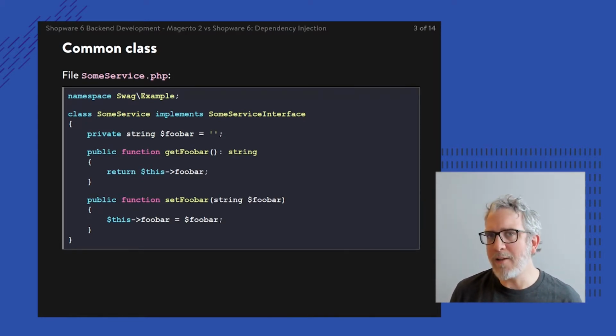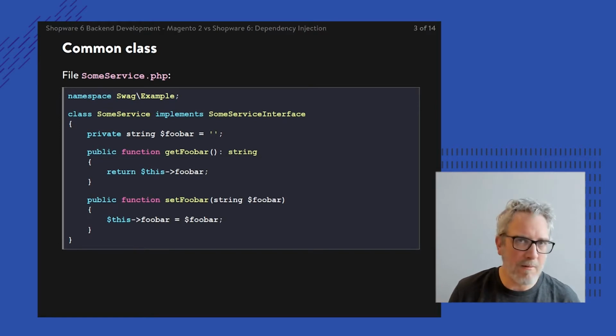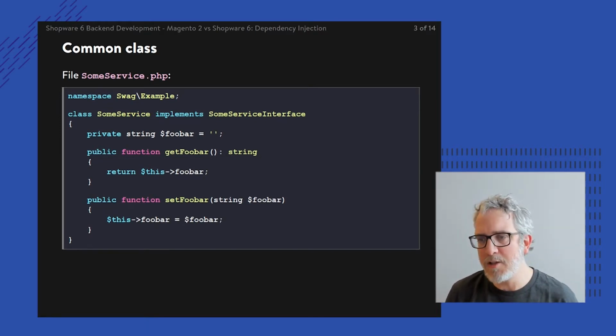Now, as soon as we've created a class and an interface like that, within Magento we often start talking about backwards compatibility: you could use the interface as a service contract and inject that interface into your own class. Thanks to the fact that the interface is an abstraction of the real implementation, your other class depends upon the abstraction instead of the real implementation, and that basically boils down to standards for backwards compatibility.